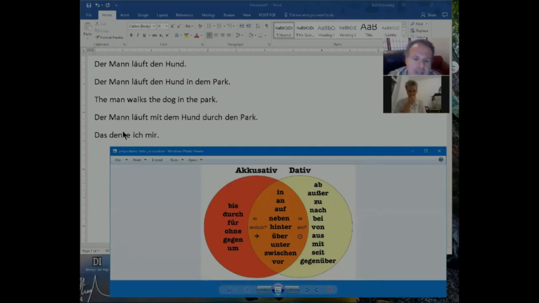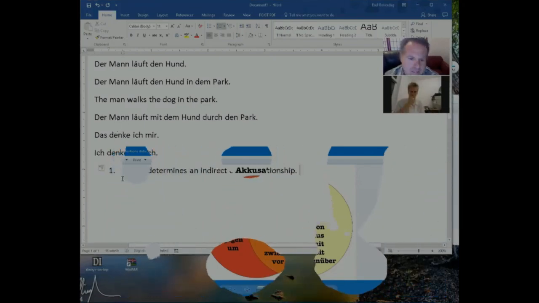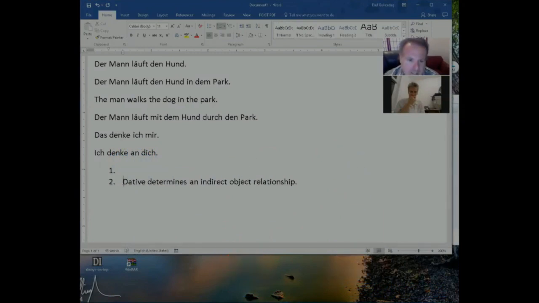But denken is actually a verb that is both dative and accusative. That dative and accusative rule doesn't just apply to prepositions, it also applies to verbs. And that makes it a little bit more confusing even. That's why the dative has a lot of levels. I think first you should say dative